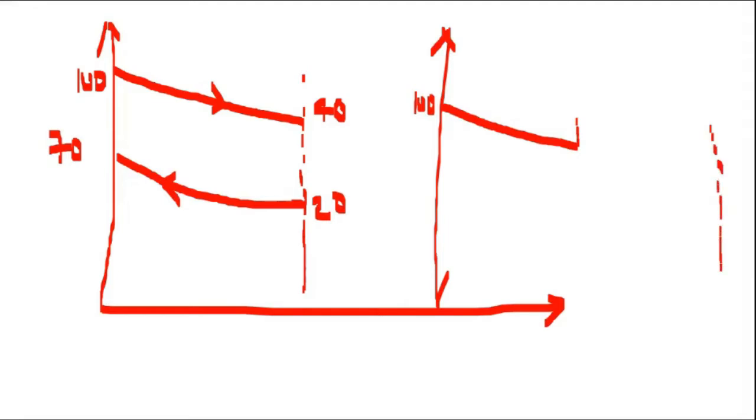Now, cold water will be entering at 20 degrees Celsius over here. So it is entering at 20 degrees Celsius from this side. This temperature is 20 degrees Celsius. This cold water will be flowing in this direction, and the hot water will be flowing in this direction. Now, in the previous case, when the size of heat exchanger was lower, this drop in temperature for the hot water, that was from 100 to 40 degrees Celsius.